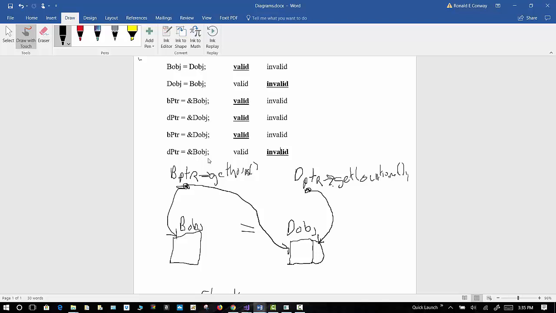This, in fact, is valid, but understand what's going on here. The base class pointer can only see the base class part of this object and cannot see the derived class part of it. So when a base class pointer points to a derived class object, by default, it only sees the base class part of that object. All right? And then finally, what happens if we take a